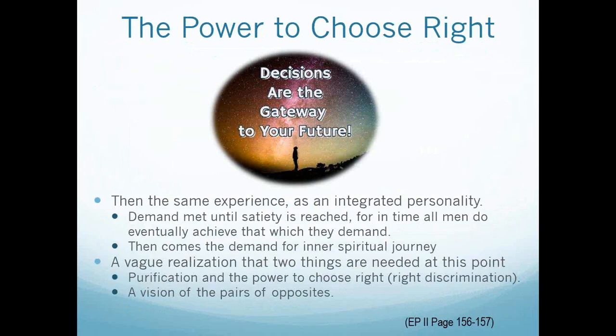Sooner or later, we coordinate the three lower vehicles, as Eva told us, and that integrated personality then emerges. The cycle renews yet again on this slightly higher spiral as new demands crop up, are met, and then